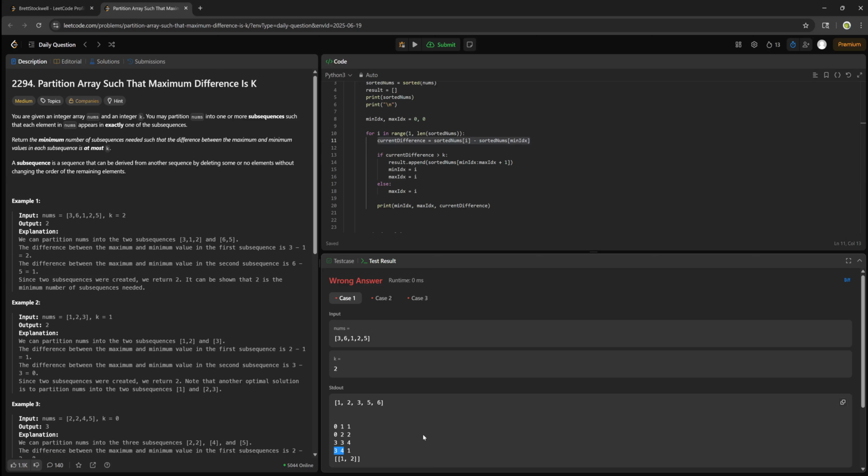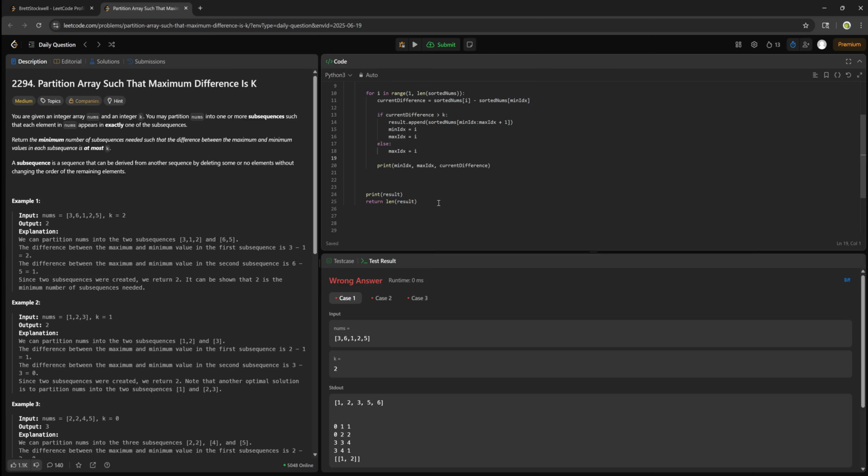Now it's looking at 5 and 6, the difference is 1. I really don't understand why this is not working. Oh. And then